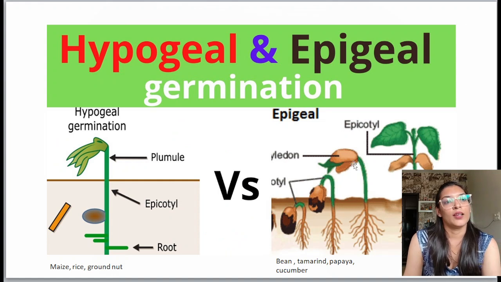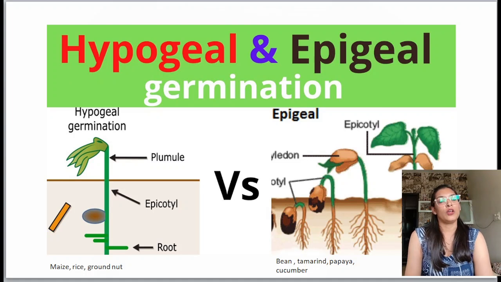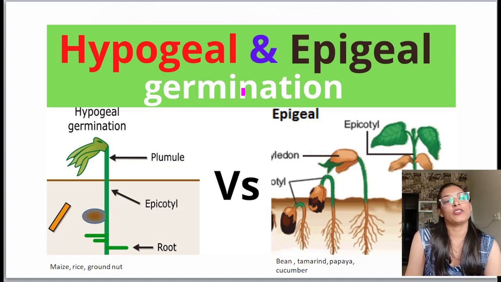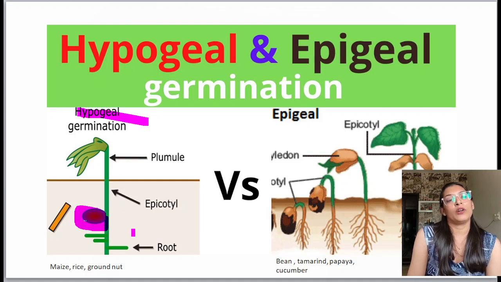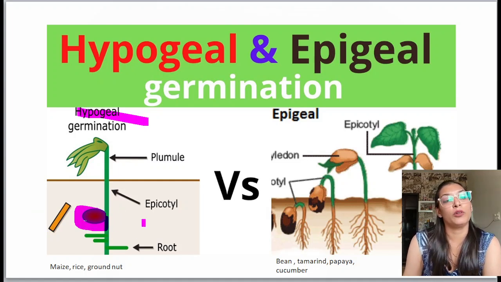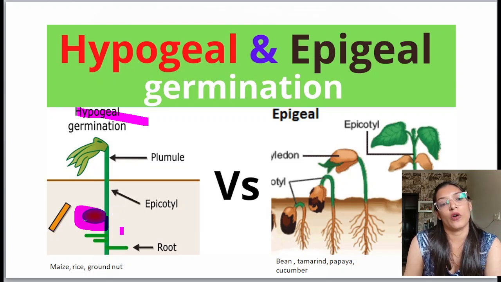Next, the second last topic of the chapter is hypogeal and epigeal germination. What do you understand by epigeal and hypogeal germination? Hypogeal germination basically means the germination of the seed is happening below the ground. Hypo means below, geal means ground. So below the ground it is germinating. Now why will it germinate below ground? Because the plumule, which is called the epicotyl, the structure above is called the epicotyl. The structure which forms the root system is called the hypocotyl, just like plumule and radicle.